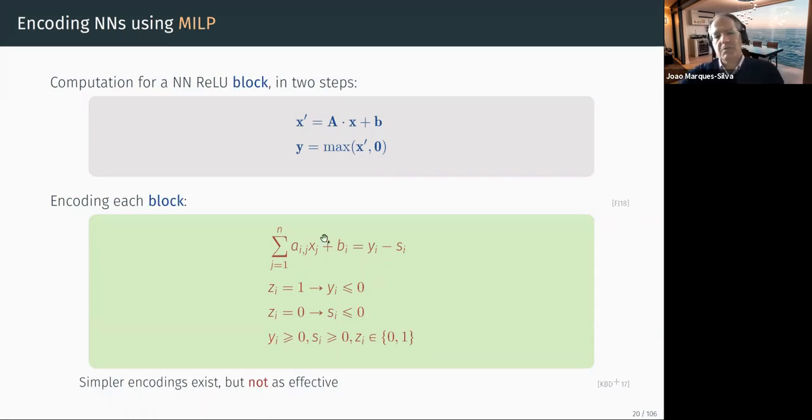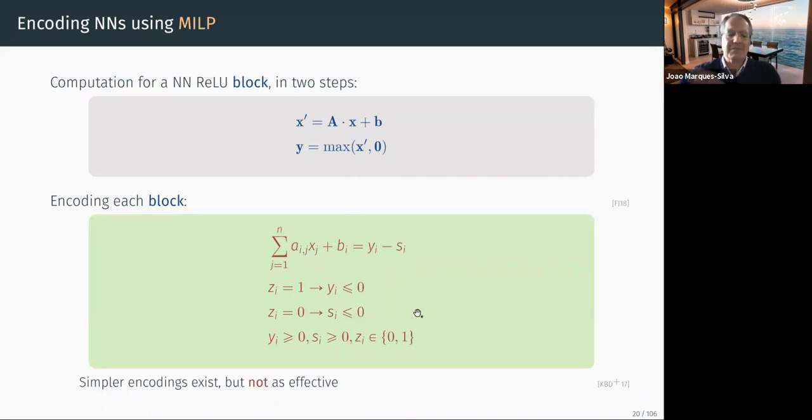Now, let's see what happens. Suppose that this value is positive. Well, there is a way to satisfy this, which is this is positive and this is 0. And this takes exactly the value of the summation, which is what I want. So I'm in the second part of the ReLU activation function. Now, suppose that the summation is negative. Okay, in that case, the only consistent solution is to put this to 0 and put this to the same positive value as shown here. Essentially, I'm just putting the value somewhere, and at the output, I'm going to put 0. I presume this is clear.